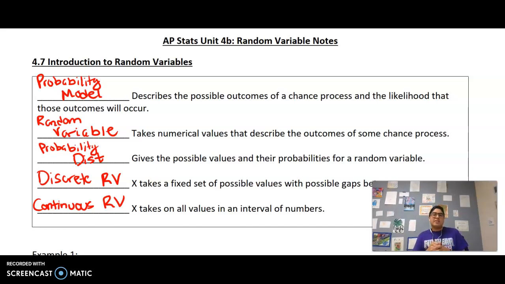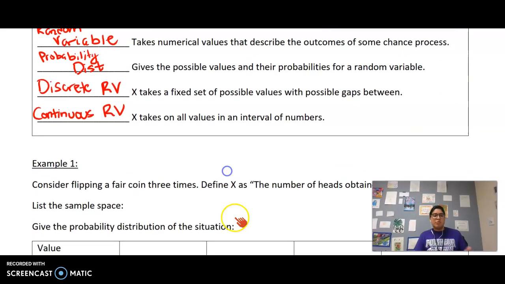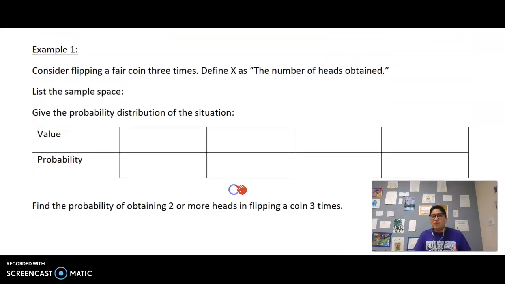We'll also be looking at the difference between a discrete random variable, which are countable values, and a continuous random variable, which is an interval of values. So here's some vocab for you, and we're going to get right on into it. Thankfully, random variables tend to follow the same probability rules, so this is going to serve as a good review for us. Now, suppose we are flipping a fair coin 3 times, and we're going to let x be the